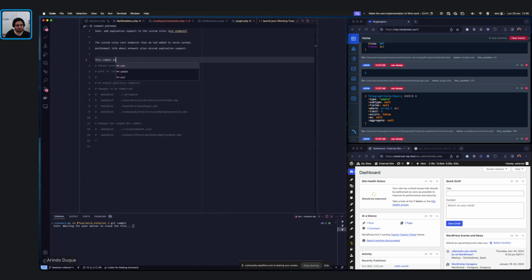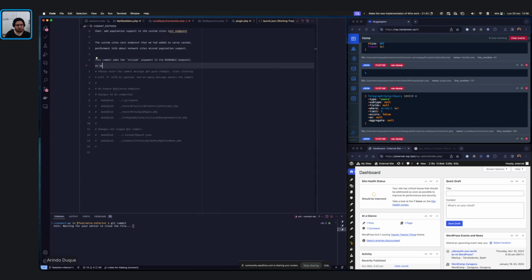This commit adds the include argument to the readable endpoint,